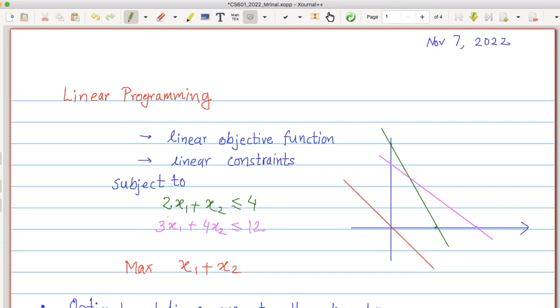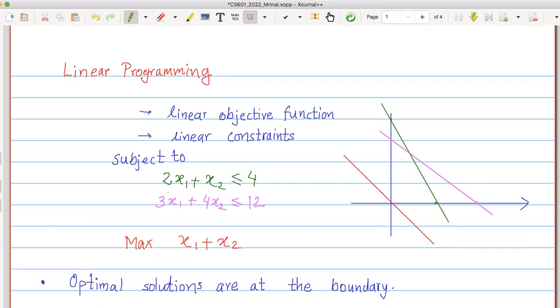Hi everyone. So let's start with a quick recap of what we talked about last time. So we defined what is linear programming. So it's an optimization problem where you have a linear objective function and under linear constraints, right? So for example,